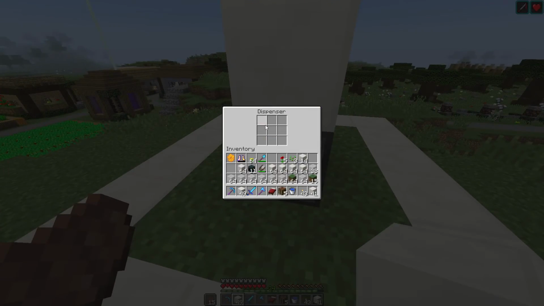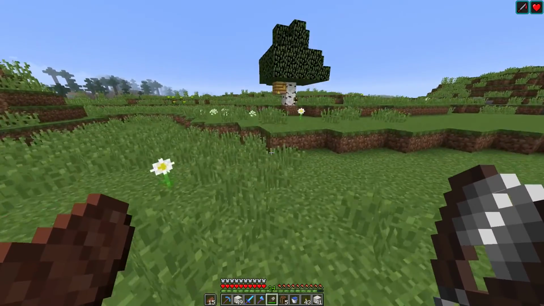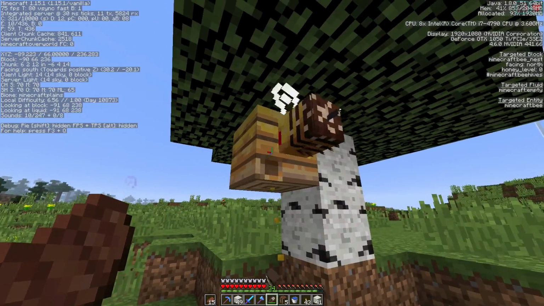Here, I'll show you what happens when beehives fill up. So basically they've got different levels, I believe. Different levels of honey in them, or something like that. As you can see here, this one's level 5. You can kind of see up here. And then if you go like that...